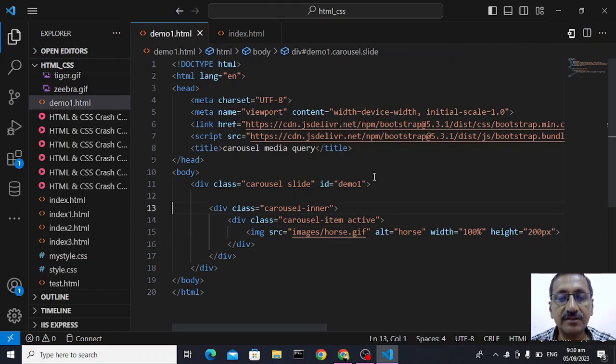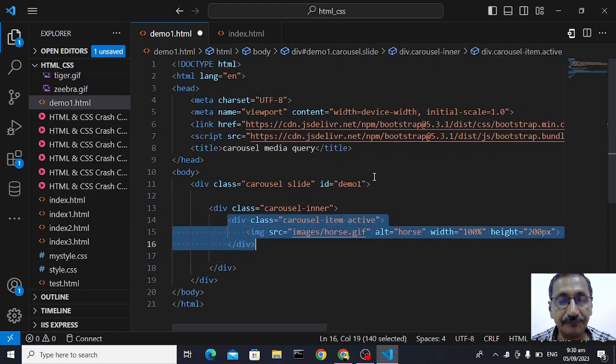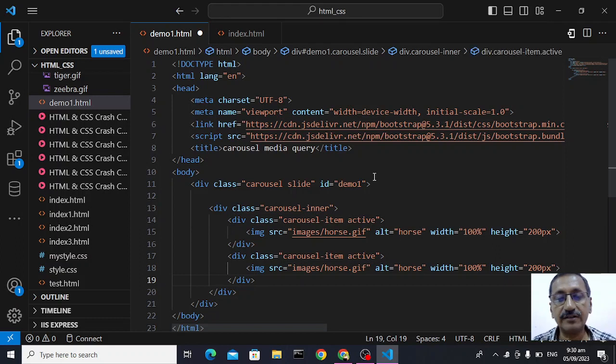I'll just save it. Now, carousel. Now we can see here, I will do Control C, Control V. I should not put every item as active. See, now horse. I've included horse as the first item, but it doesn't mean that I should make this active. I can make the next item, which will be a tiger,